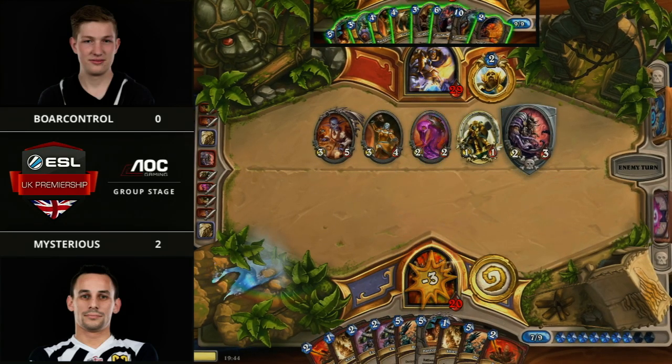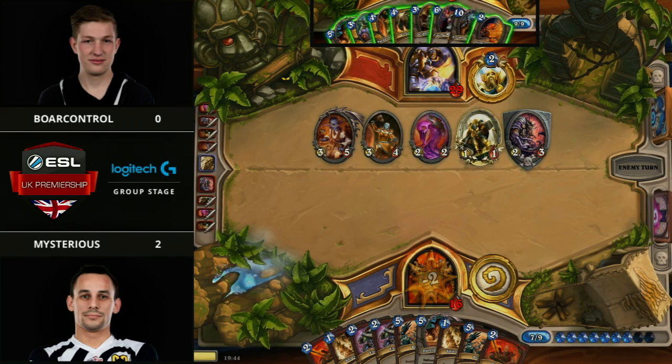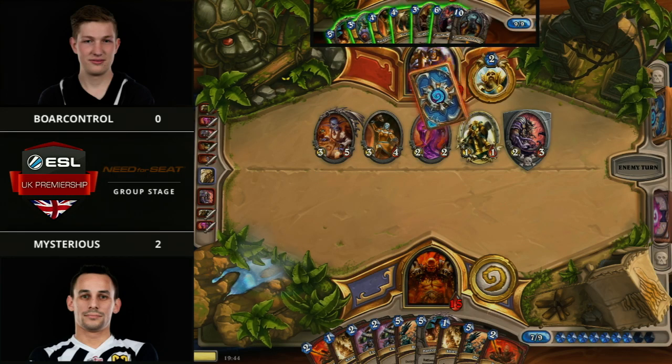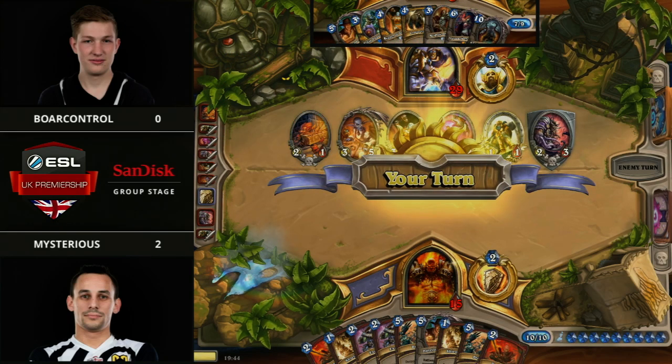I mean, this is just going to result in Mysterious getting pressured like crazy. Next turn, he's going to have to use a card, right? He's got 9 cards in hand. So I wonder whether Boar Control is going to put something on board to try and threaten lethal next turn, or whether he's just going to be happy with this board. I mean, personally, I don't think you need to. I think playing lethal order is fine, because next turn I think you threaten lethal with